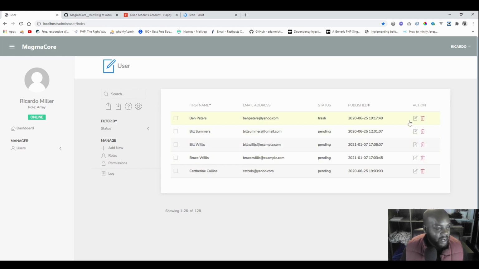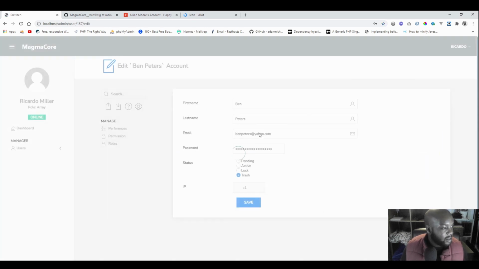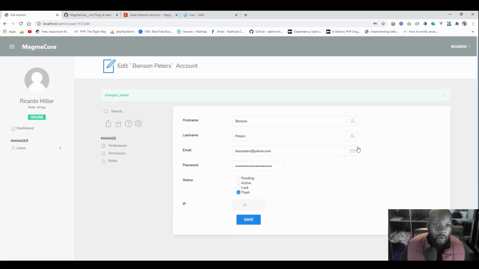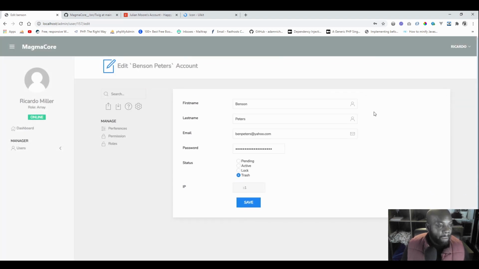And I didn't show you edit actually. So if I go on edit, again, Ben, convert to Ben's or Benson, whatever, it all works. So I'm going to go ahead and show you the controller which is doing all of this, and we're going to recreate it. We're going to build these out from scratch and try and develop it as far as possible, right? So if I get my screen back up again,